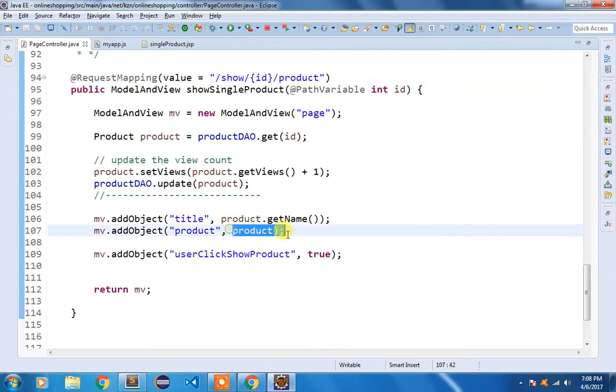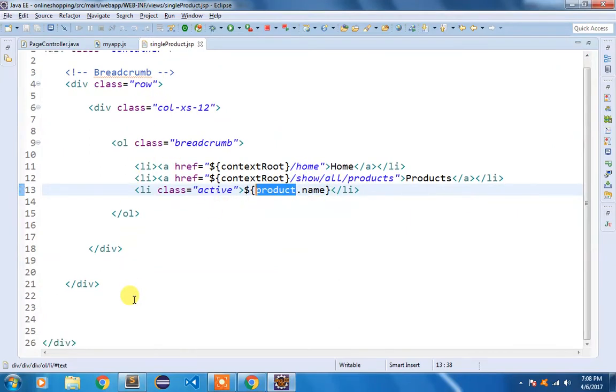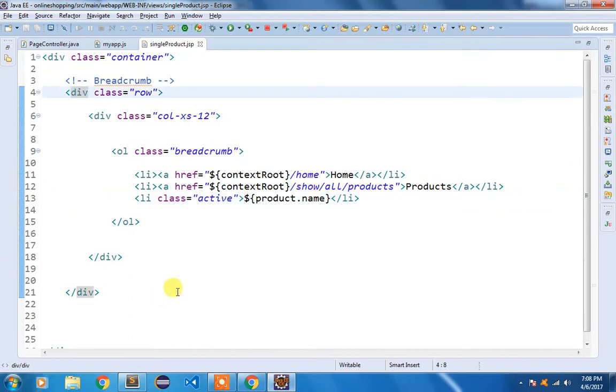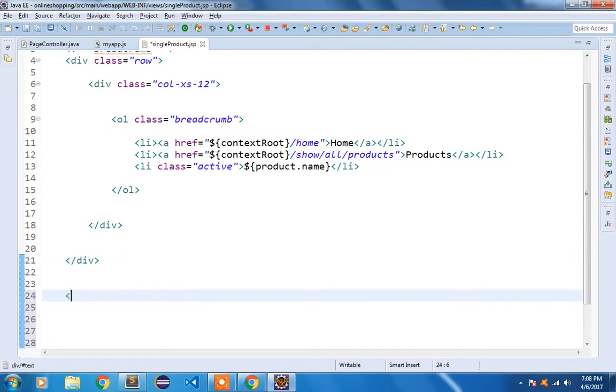Send that product object, and we are using it with the name of product. So here I am using product.name to get the name of that particular product. So breadcrumb part is done. Now I'm gonna display our product in another row. So div class equal to row,